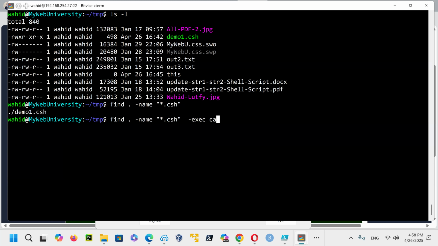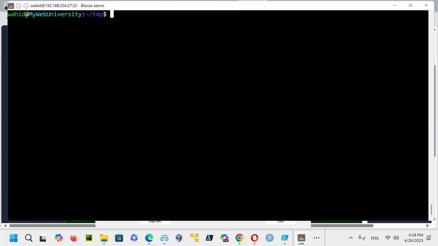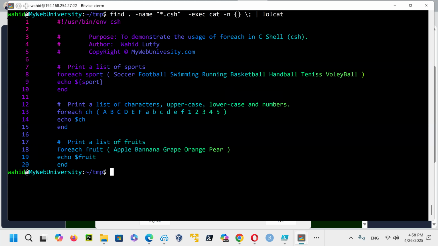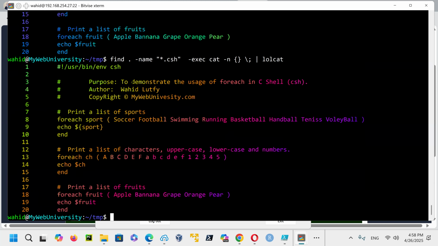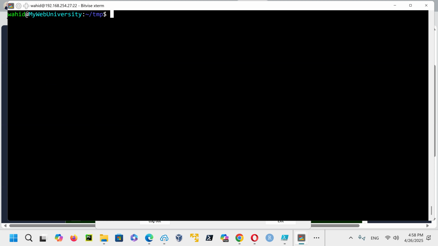You could say cat -n, and then show me the output by line number. You could do that one. And if you run lolcat here to display the colors, you could do that one as well. So there's a lot of stuff that you could do in interactive programming as well as shell stuff.